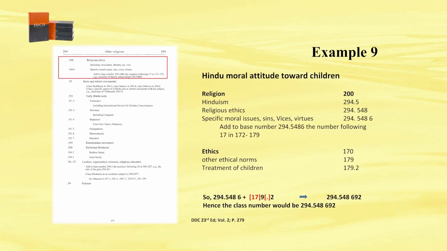Then as per the instruction, we found the number for towards the children, 179.2, but under the class number 294.5486 we have to omit the 17, because it has told us to add the number following 17. So finally, the number will be